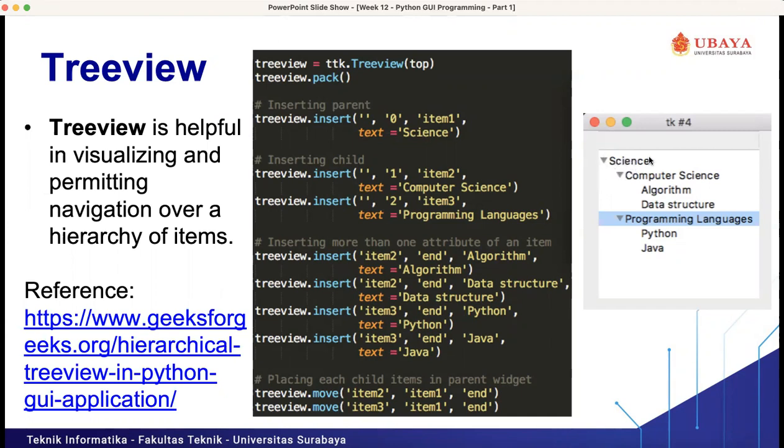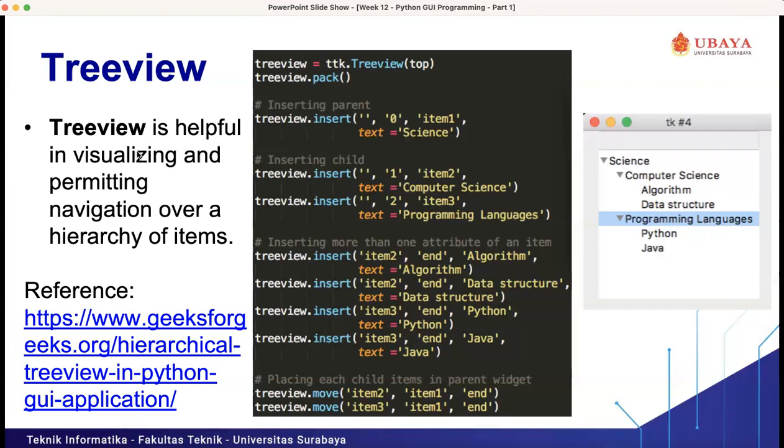Then inside science, it contains computer science and programming languages. Inside computer science, we have algorithm and data structure. And inside programming languages, we have Python and Java.